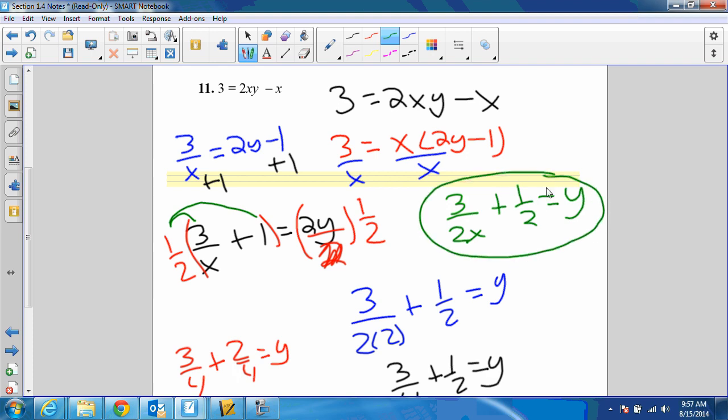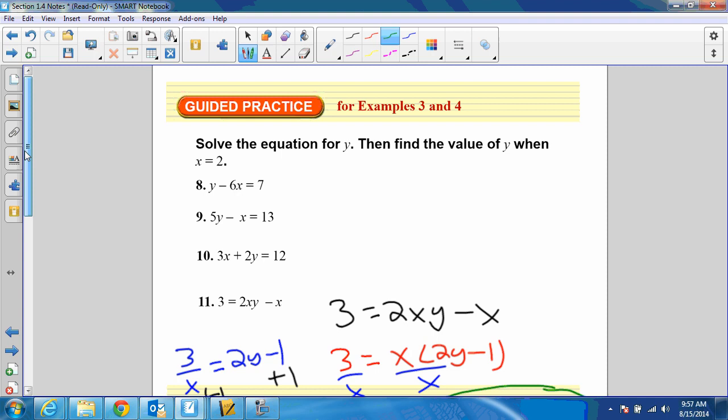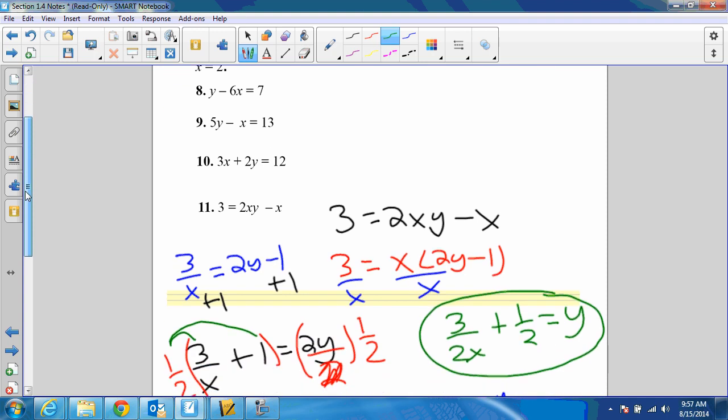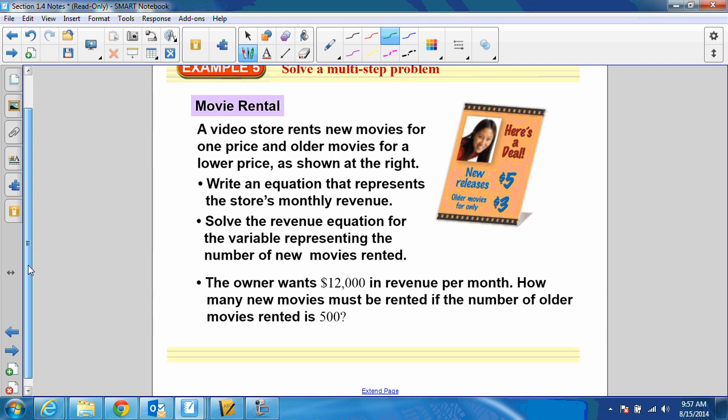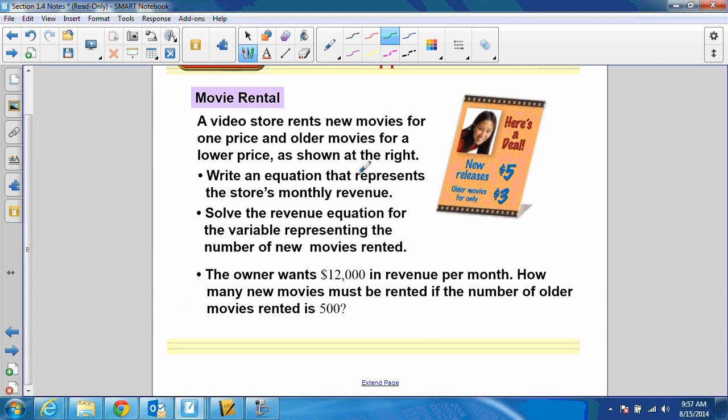So you get points for both of those. Okay, so solve the rest on your own. They're not too bad. Let's do this one. The video store rents new movies for one price and older movies for a lower price, as shown on the right. Which equation represents